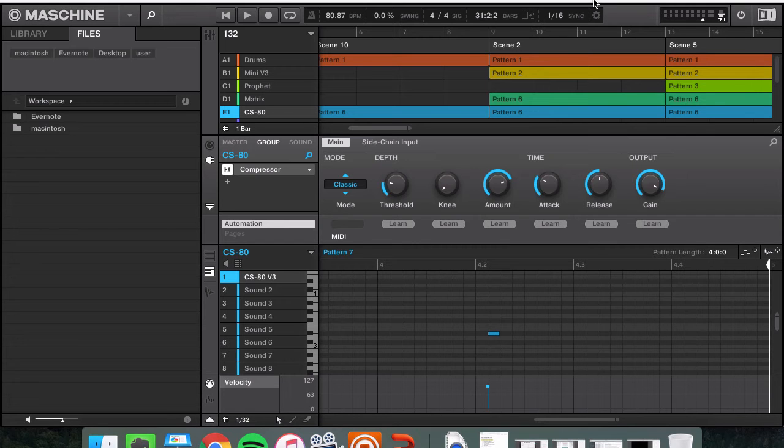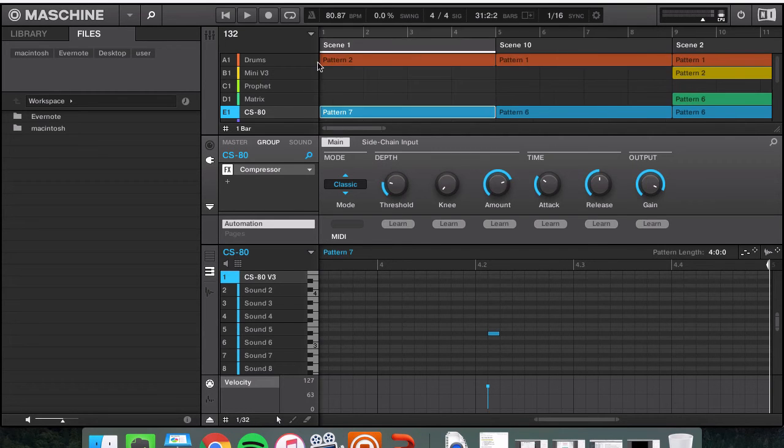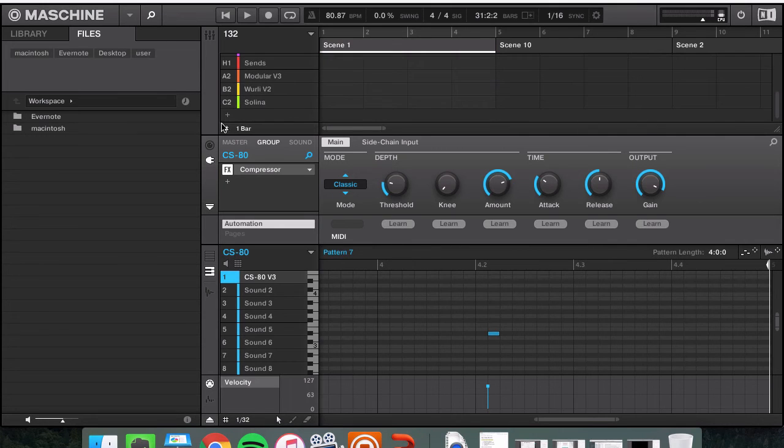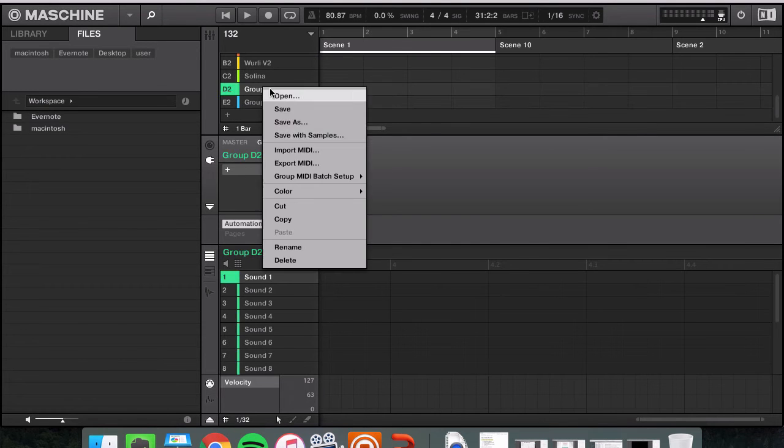So the first is send channels. The second is recycling drum kits. And the third is figuring out your presets ahead of time, all right? So 1, send channels. 2, recycling drums. 3 is figuring out presets ahead of time. And I'm going to jump into this current Maschine project to show you exactly how I'm doing all of this, all right? I haven't done this quite yet. Let me go ahead and get this uploaded really quickly.